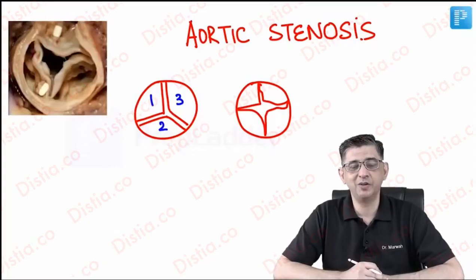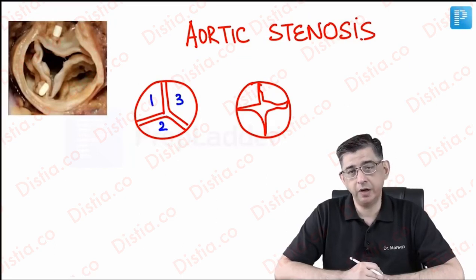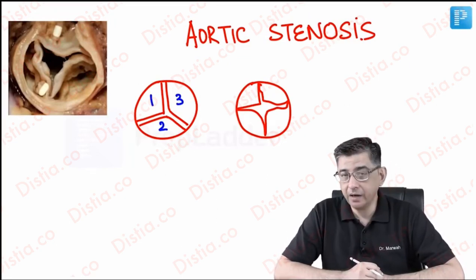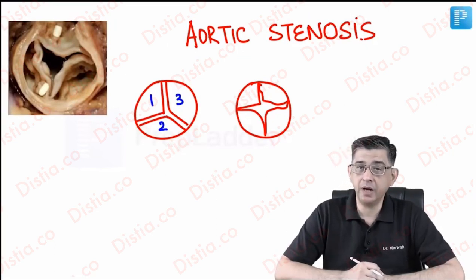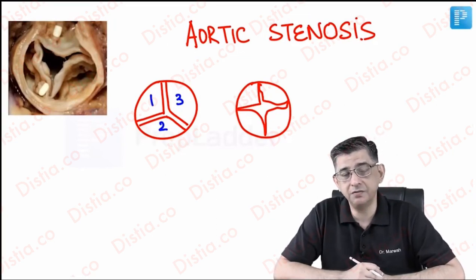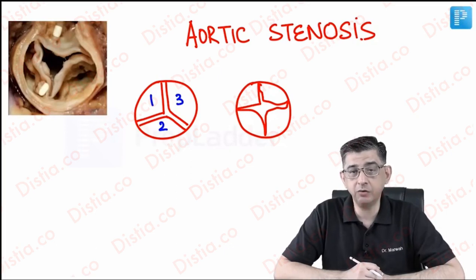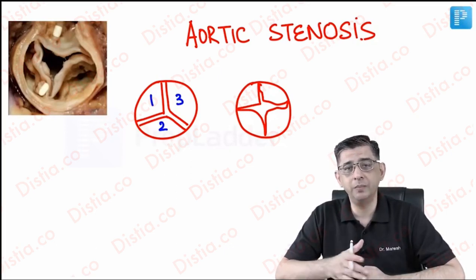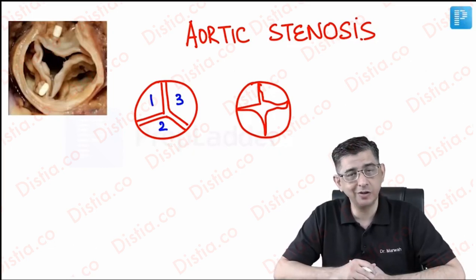Hey guys, welcome back. The topic that we're going to study now is valvular aortic stenosis. This condition will usually be found either in the pediatric age group or in the geriatric age group due to senile calcification and degenerative changes occurring in the valve. So this disease is unlikely to be found in middle age or in people in their 20s or 30s or